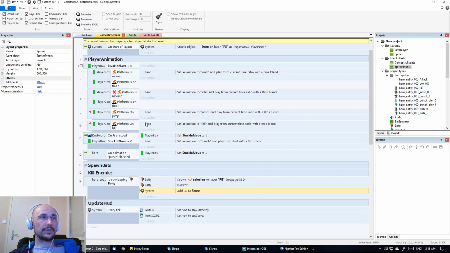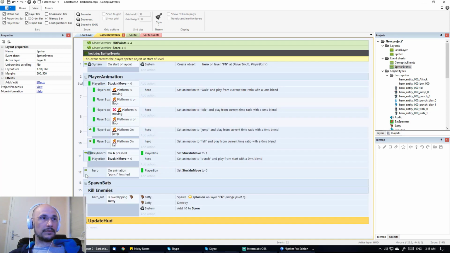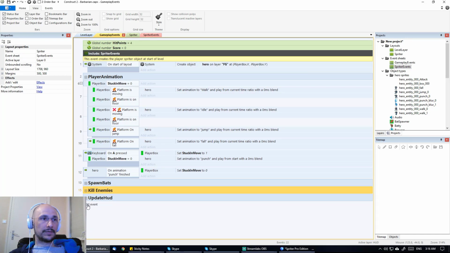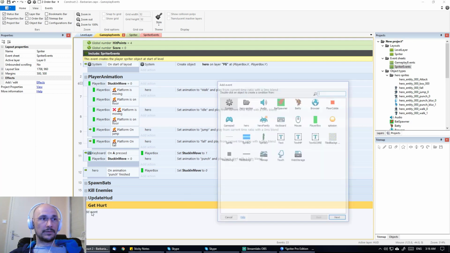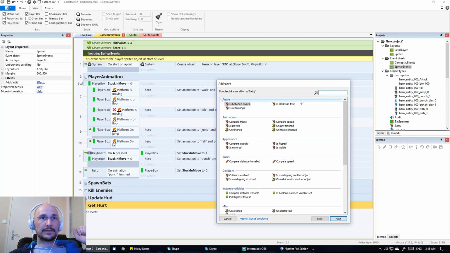I'm going to save my progress again. And I'm going to do, so this is update HUD. And kill enemies, this should be in here. There. So now we're going to create a group called Get Hurt. Alright. And we are going to do if the bat